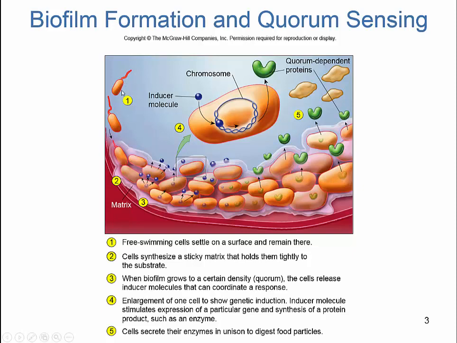So you initially have the colonization of a free-living microbe to a cellular surface. The microbe, once it has begun doubling and created a sufficient quantity of daughter cells, or has association with other microbes within that environment, will start sending out distinct inducer proteins or inducer molecules. These inducer molecules are probing for density. Once they have probed for density, they send out quorum-sensing proteins, and these quorum-sensing proteins allow these microbes to orchestrate their virulence factors, work together, and create a new ecosystem.